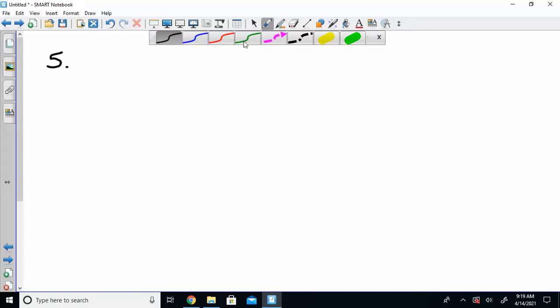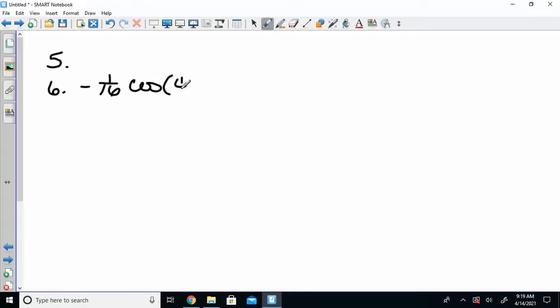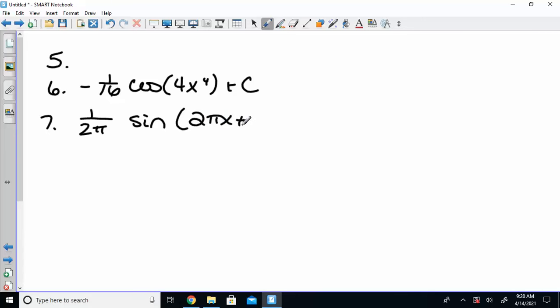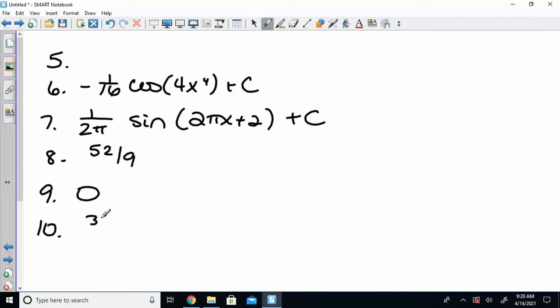So the next ones, you guys did not ask about anything on this page, but I want to give you the answers, and if you miss any of them, I would like to work them out, if that's okay. So number 6, you should get negative 1 over 16 cosine of 4x to the 4th plus c. Number 7, 1 over 2 pi sine 2 pi x plus 2 plus c. 8, 52 over 9, 9 is 0, 10 is 3/2 plus the natural log of 2,